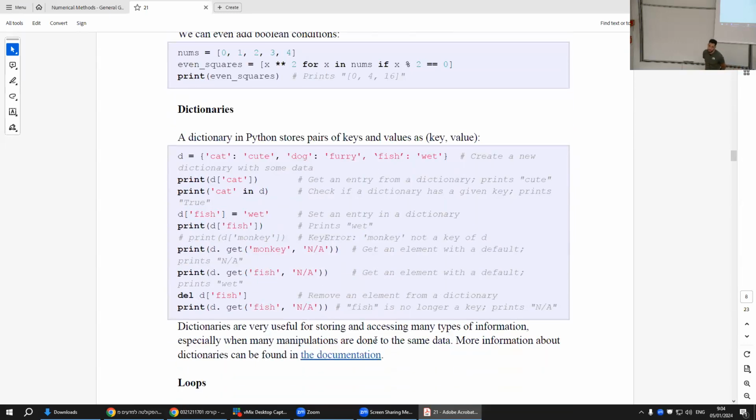Dictionaries, we will not use dictionaries a lot in this course, but they are good when you write actual code. And they are what they sound to be. Every dictionary is somehow a list of keys and values, and we can call the value by